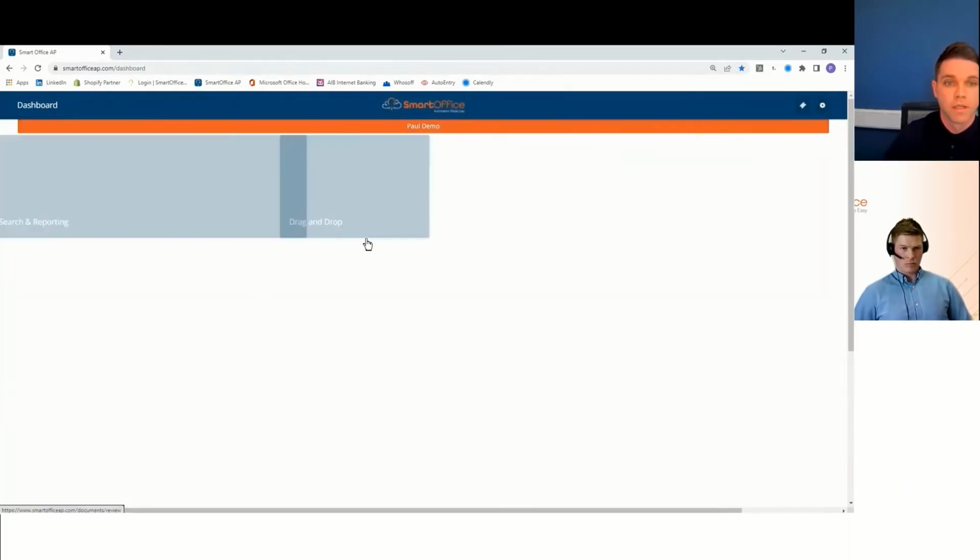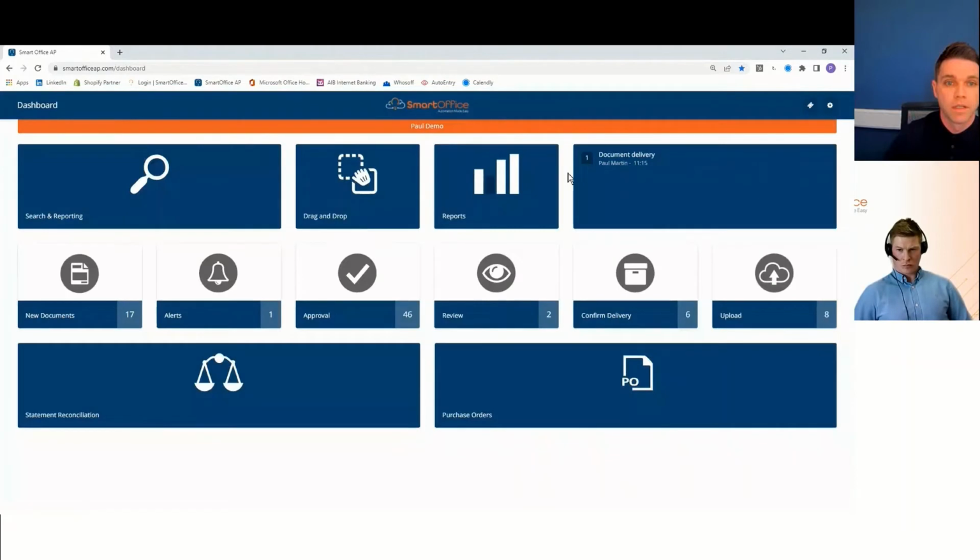I'll pop out here, guys. Tile on the right-hand side wasn't just that we were filling space. The way I describe this to customers is it's like teletext. So this is an audit trail and timestamp of everything that's happening in the system at the time. So a ledger of everything that Paul Martin did, at what time and date, and a link to the document as well. So you'll see a scrolling piece of information around approvals, on hold, rejections, or whatever it might be directly here.